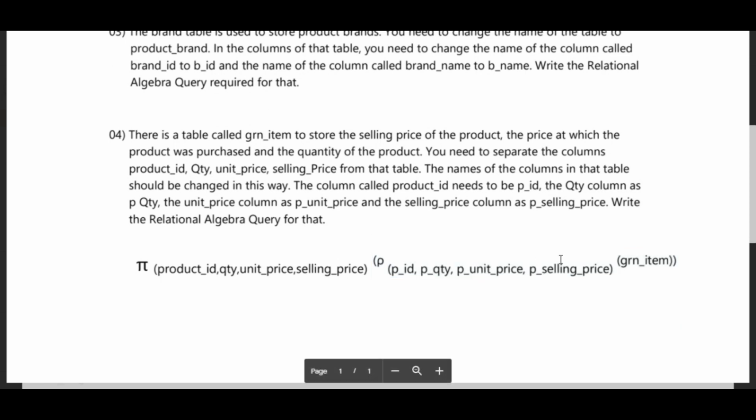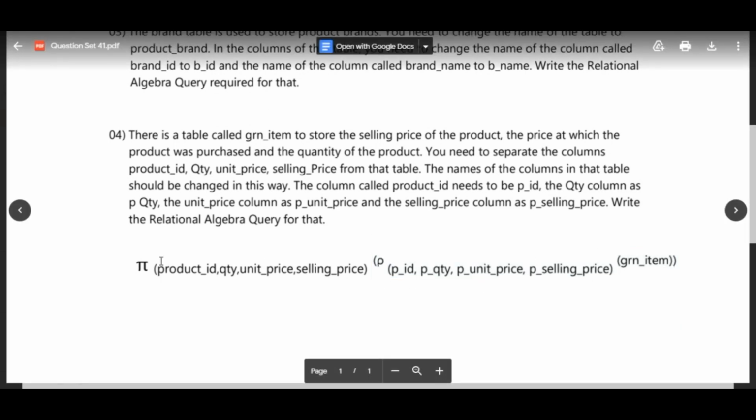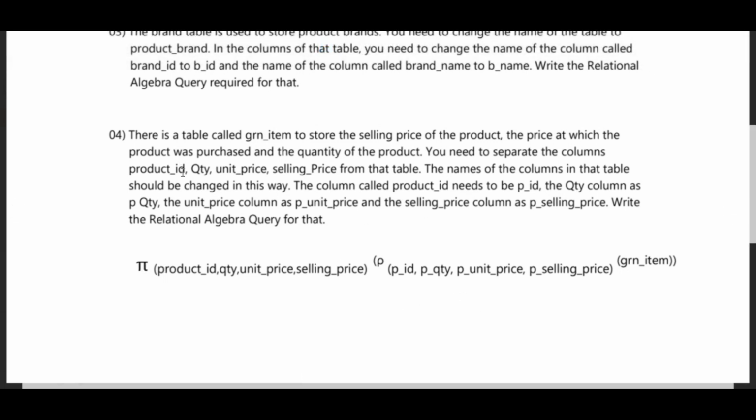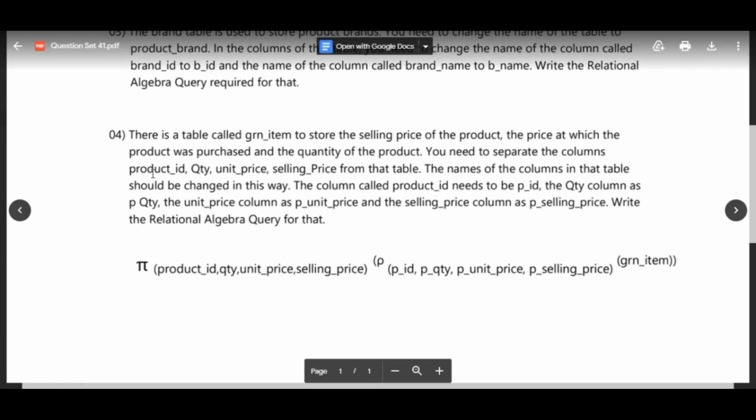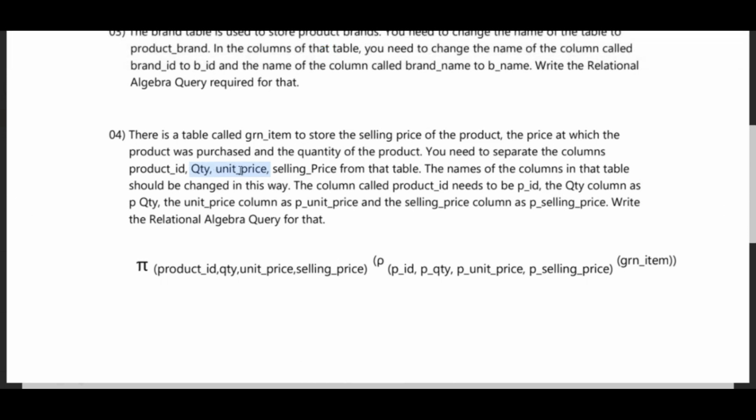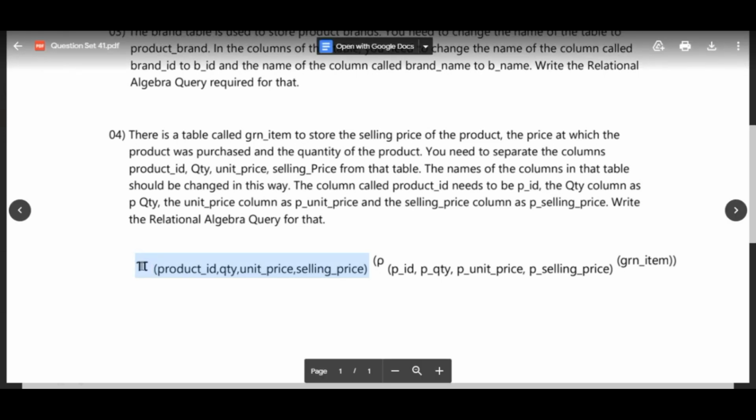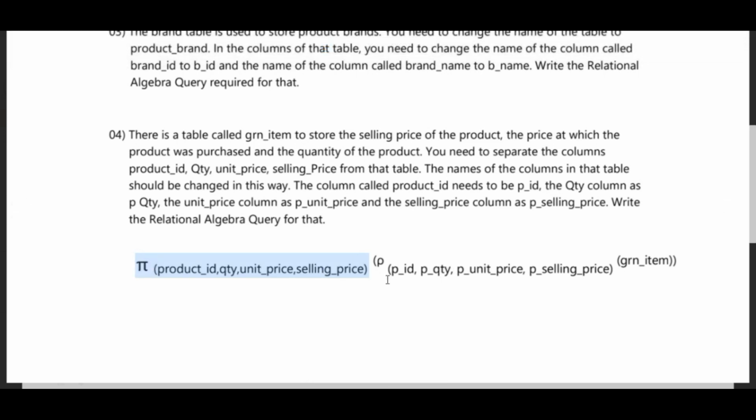So this is the answer. You guys can see. Let me explain the one. First of all, they're asking to separate the columns, filtering out the columns. So we need the product ID column, quantity, unit price, selling price. So that's what they have done here: the product ID, quantity, unit price, and selling price. So use the projection operation here. There is a projection operation, and